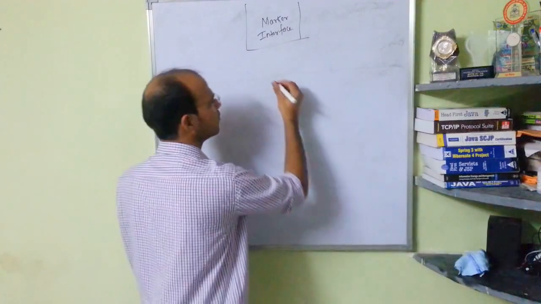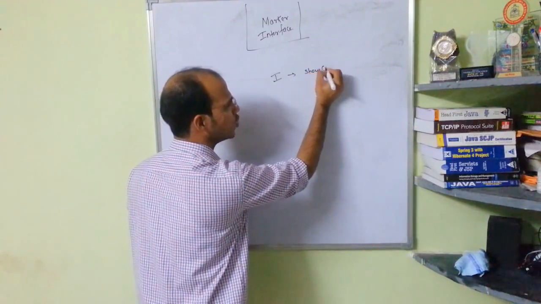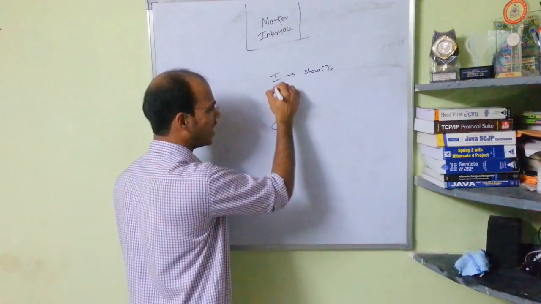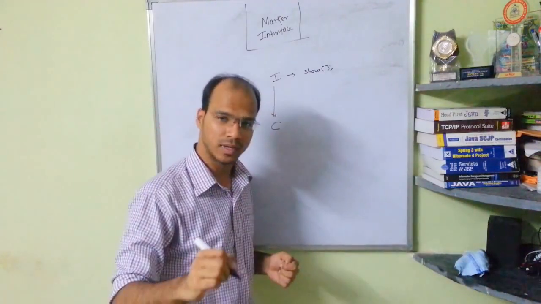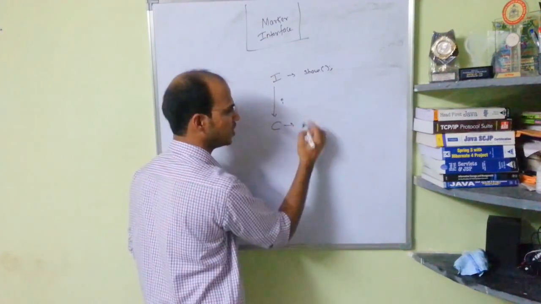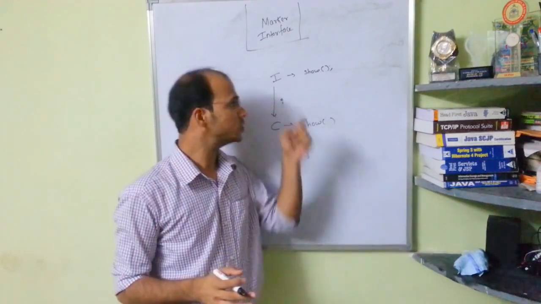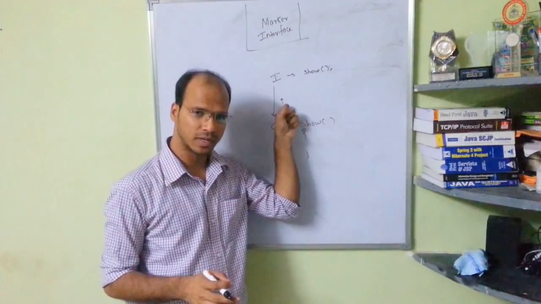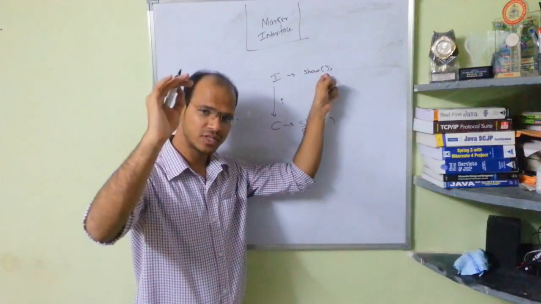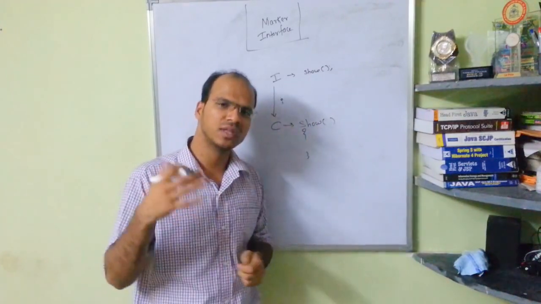So you have an interface with a method called show, with only a declaration. Now you have to create a class and implement this interface in this class, and you have to define this method. So you have an interface, you have a class, and you implement your interface in this class. The method show, which is declared, is also called an abstract declaration. In the class, we define it.